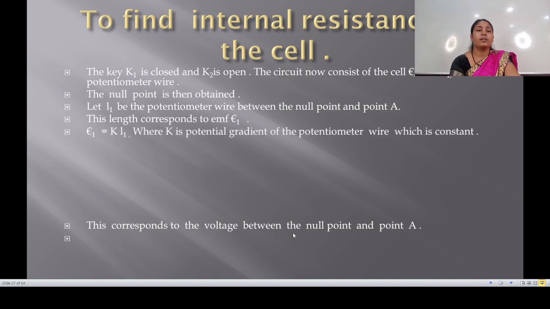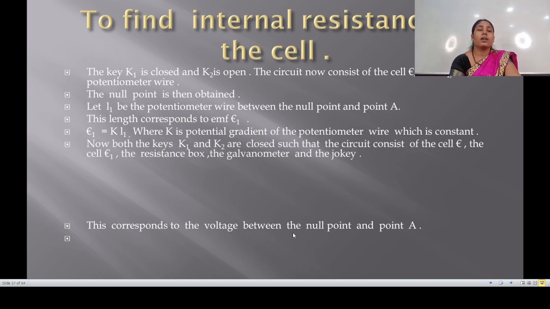So E1 is equal to K into L1, where K is the potential gradient of the potentiometer wire, which is a constant. Now both the keys K1 and K2 are closed, such that the circuit consists of the cell E, the cell